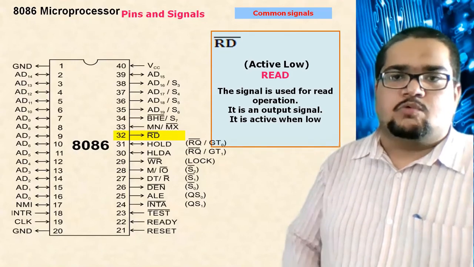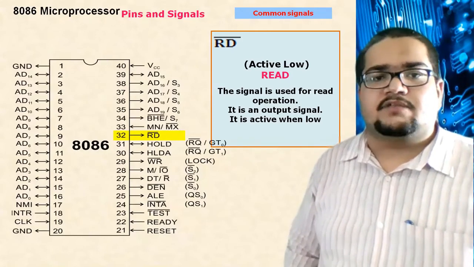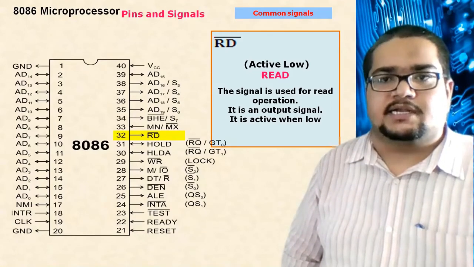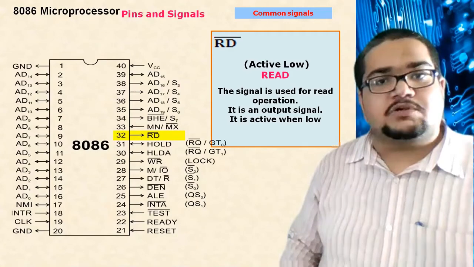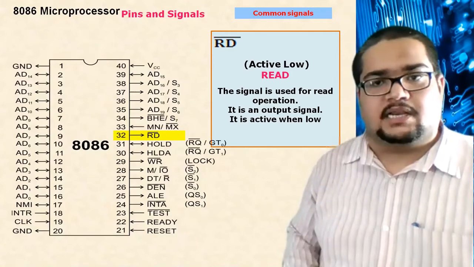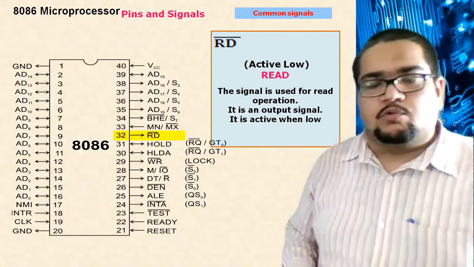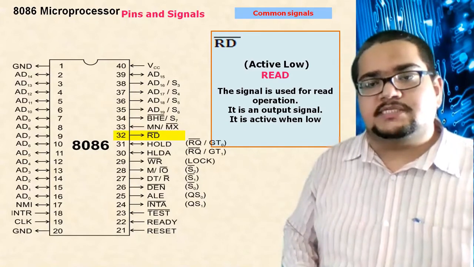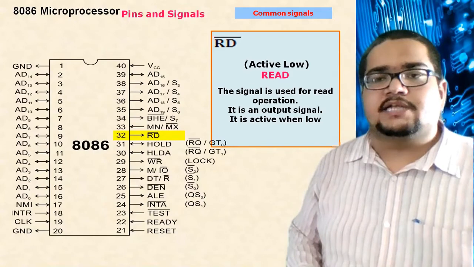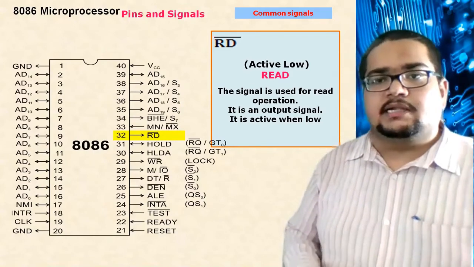Now one question will arise here: there is a read signal here, where is the write signal? The write signal is downwards at pin number 29, you can check it, but we will not discuss that in today's class, because it comes under the minimum mode signals. Now another doubt can arise: is write only available in minimum mode, is it not available in maximum mode? It is there, but in some other way, with some other indication. How it is there, we shall see while discussing the maximum mode in detail.